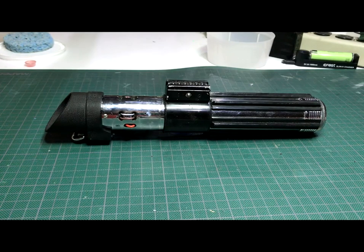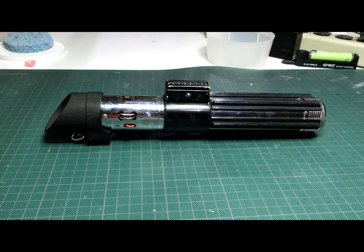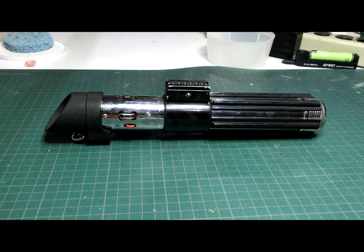Hi there everyone. I wanted to share with you the conversion of my Master Replica's Darth Vader lightsaber. I know it may be pretty normal for many of you guys out there, but for me it was very special. For me this experience was awesome. And I still can't get over the fact that I have a lightsaber that is so close to the actual